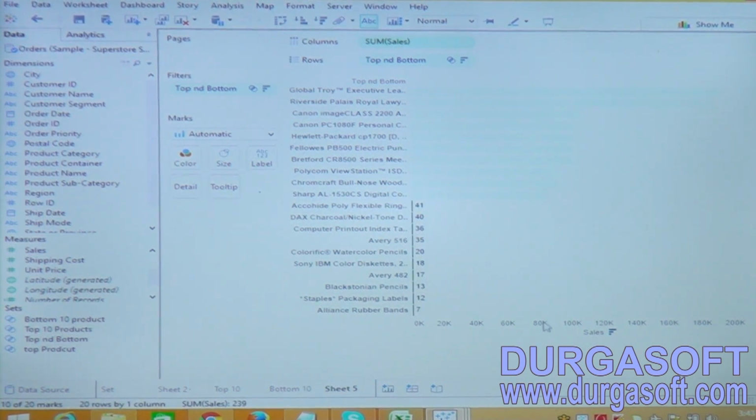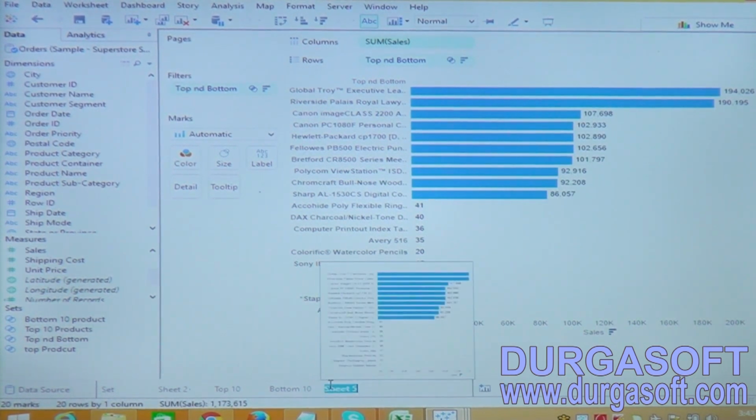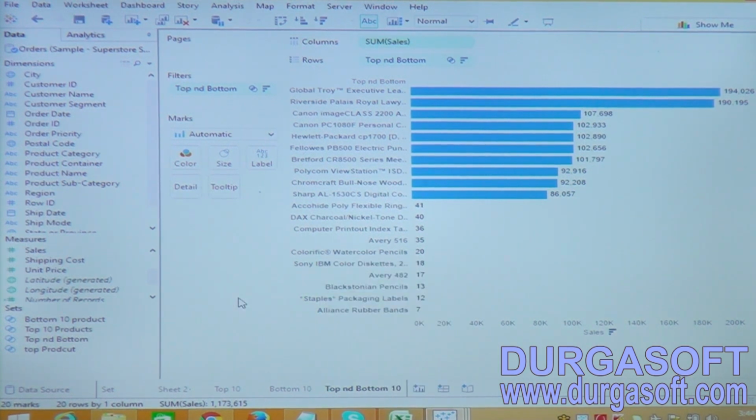So this is the way to display top and bottom 10 data. By using a set, you can combine the data into one sheet only.